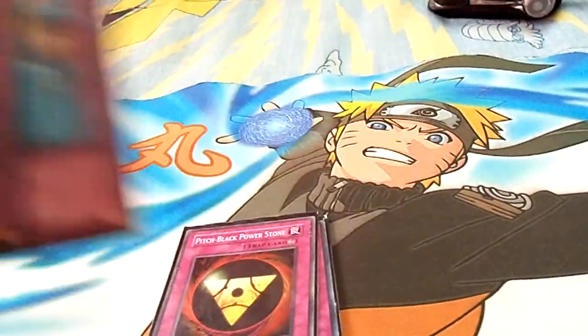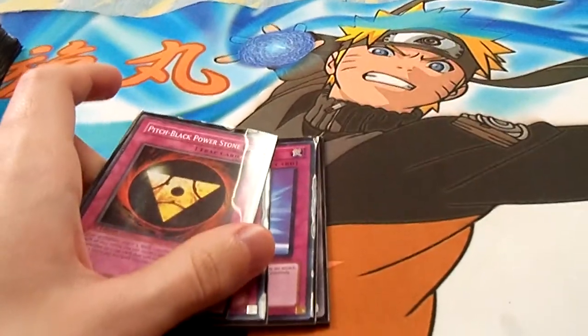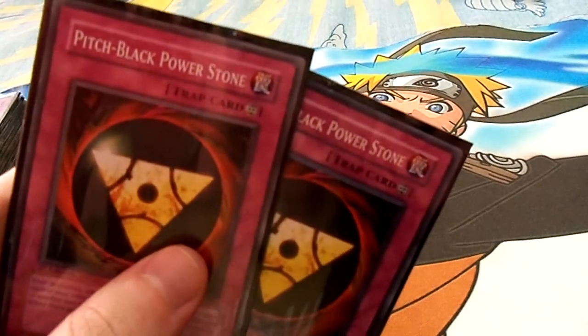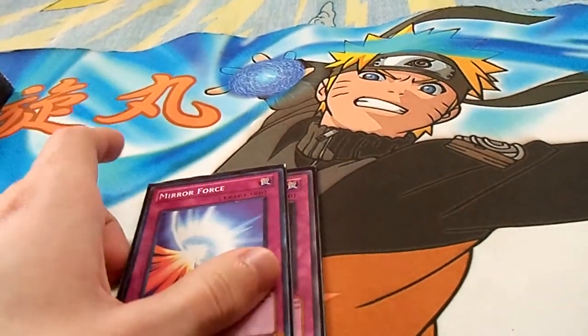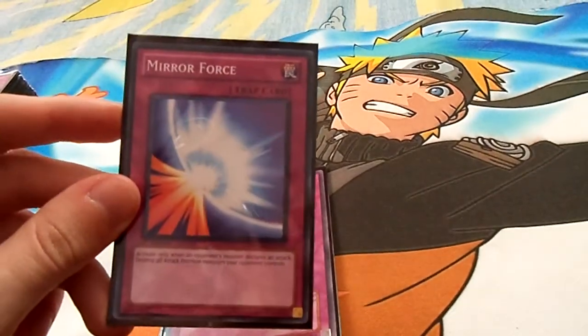2 Wabukus. And here's a new difference to the deck. Well, not really a new difference. I'll explain later. 2 Pitch Black Power Stones. I know I used to run 3, but now I'm running 2. And now here's the staples. Well, one of them not really a staple, but anyway, 1 Mirror Force,